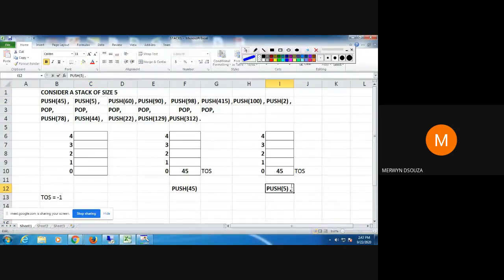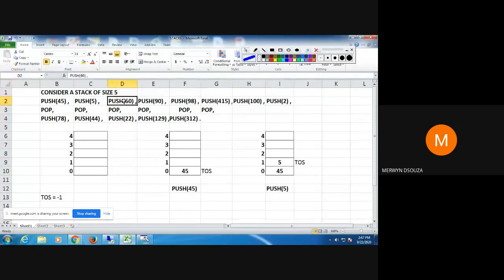So when I'm inserting 5, again you increment your top of the stack. The top of the stack now will be at index 1. Okay, so I'll write it here. So when it is incremented, wherever it is pointing, there your element value will be inserted. So 5 will get inserted here. Okay, so similarly you are going to do the insertions for the remaining tree.